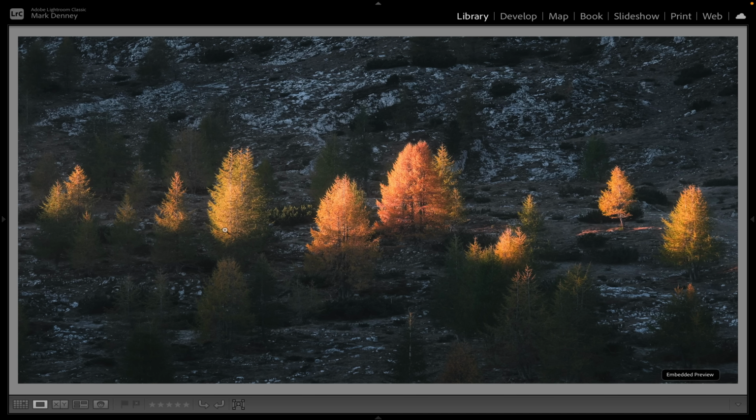I wish I had a wide angle photograph of this area, because there was not a cloud in the sky. The mountains were super dramatic, but it just felt a little bland. But for about 1 minute, maybe 30 seconds, this beautiful light just raced across this valley floor and lit up these beautiful fall trees. And I was able to capture it with a longer focal length by just isolating that